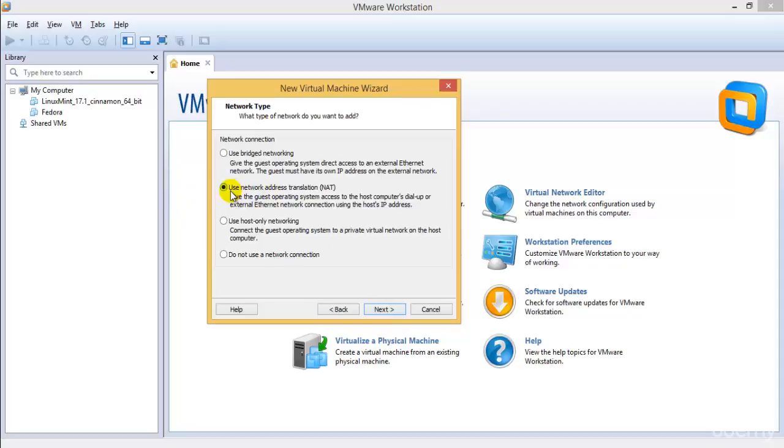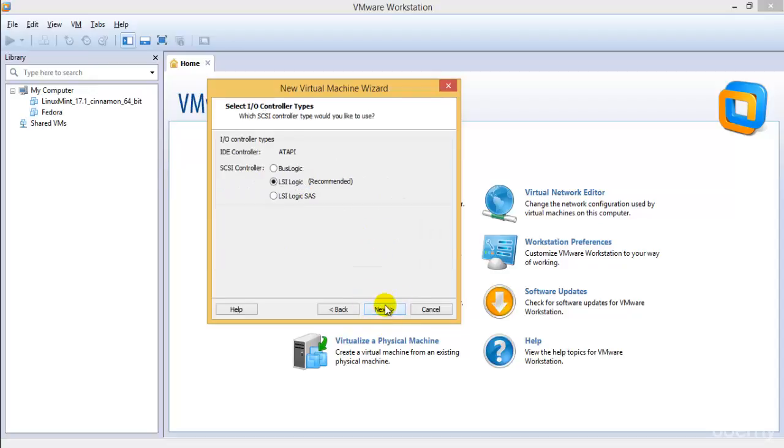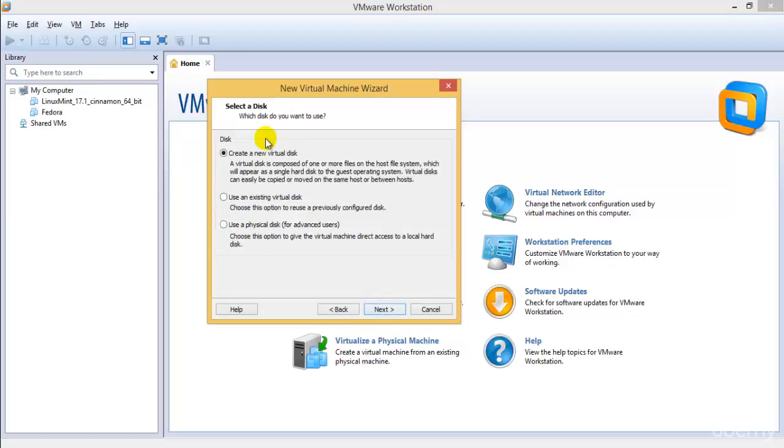So always use network address translation, that's the NAT connection, because if you use bridged networking, then the guest must have its own IP address on the external network, else it won't work. If you use host-only, then it will only connect to the host network, and as it suggests, it's self-explanatory. Do not use a network operating system networking connection. So we would be using NAT, since we need to connect each and every other operating system we have. Click next. We don't have anything to do with this, just click next and create a new virtual